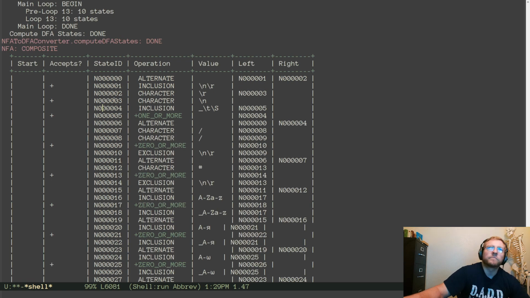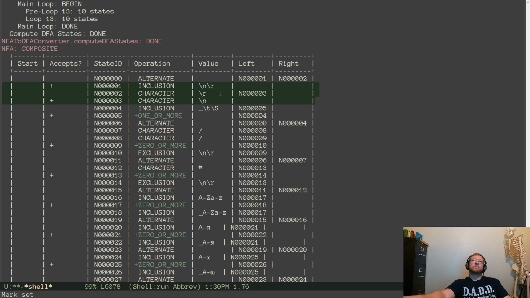Yes. So these three states are wrong. Actually, I think all we have to do is change that inclusion.